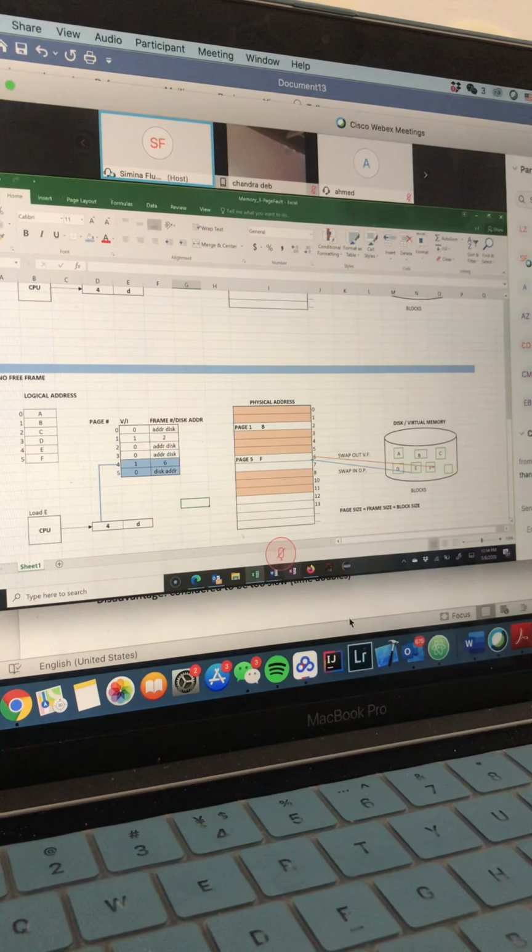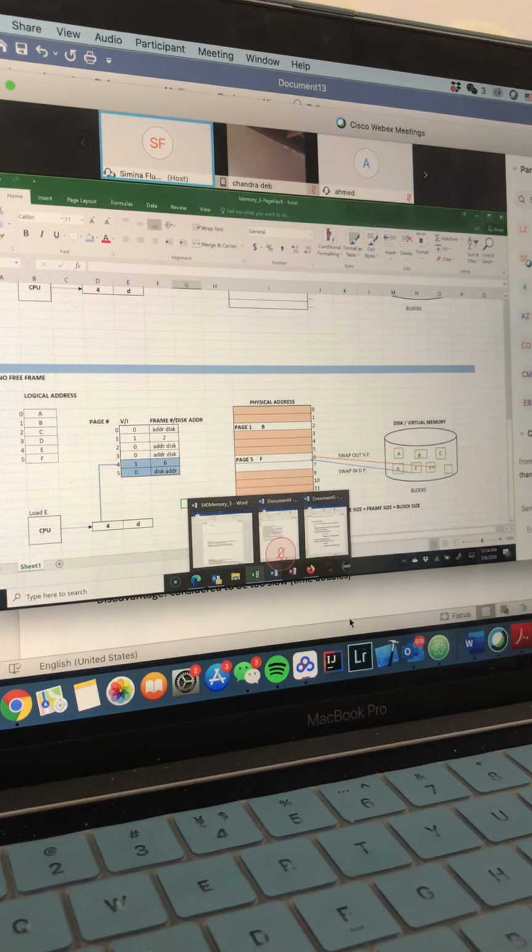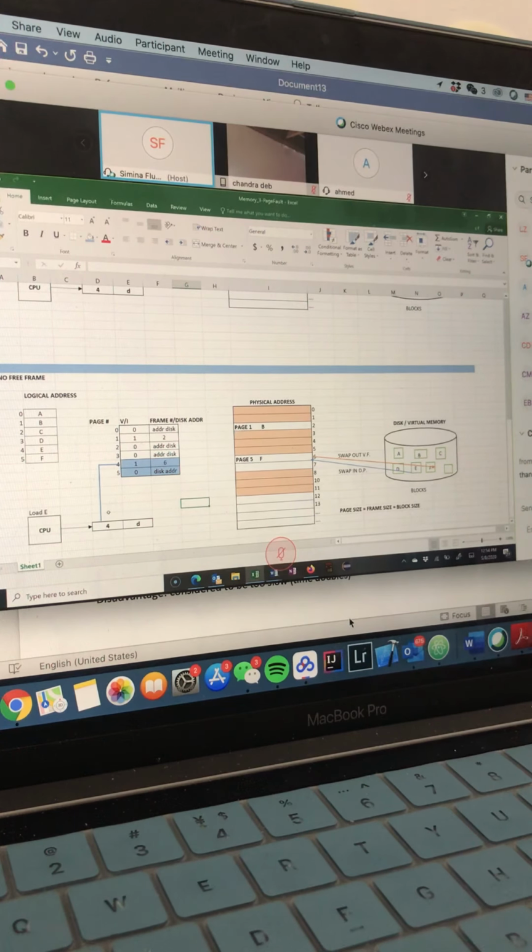And now restart the execution. The next step will be to restart the execution of the instruction, and we have exactly the same thing that we had before. Go to entry 4, check the valid-invalid bit, it's 1, retrieve the frame number, generate the logical address, and basically get into the main memory.